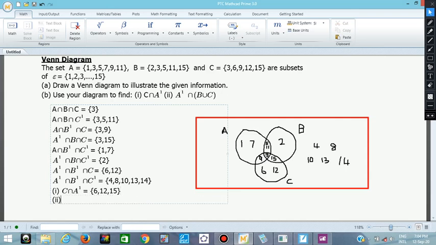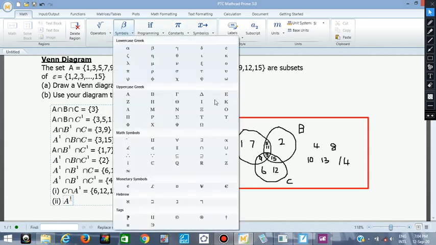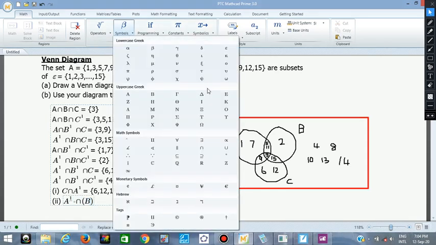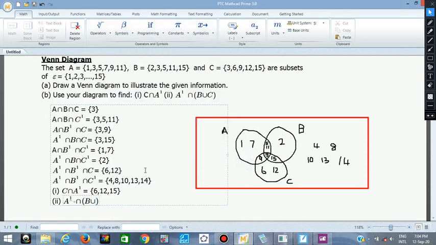Then the second one, if you look at it well, they say we don't need A, the ones that are not in A, and let's put it there: elements that are not in A, that is A prime, and intersection, then now open brackets, then now put B union C. So this B union C means elements in B and also in C.